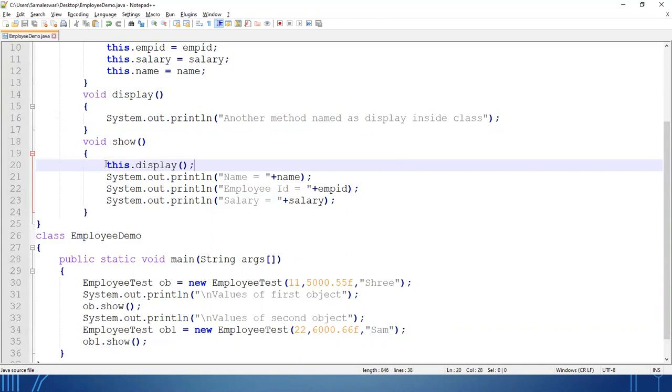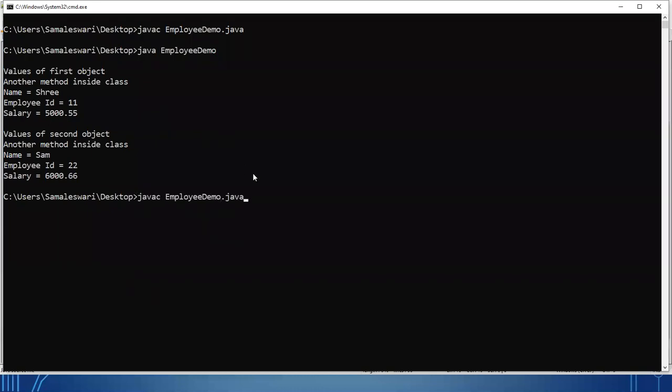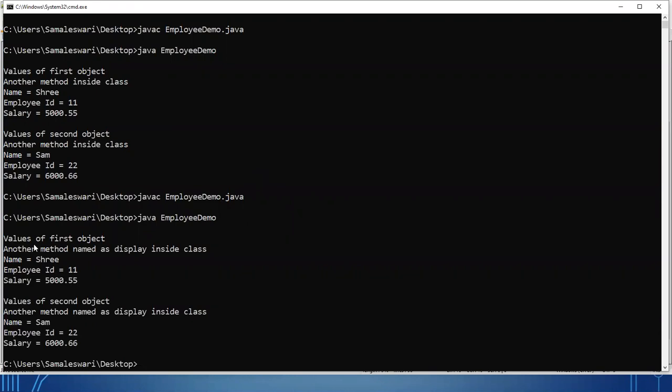By using the this keyword you can also call another method of the same class. Let's check. Working. Yes. For the first object you call the display method, then the values for the first object, then you declare the second object, call the display method, then the values of the second object.